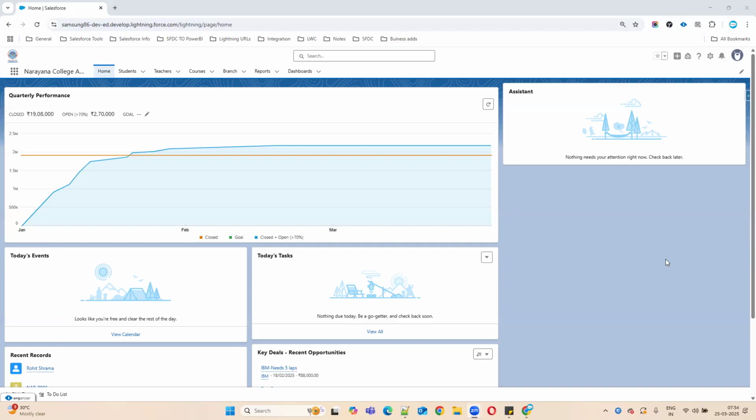Manual sharing means what? It allows the record owners, administrators, or users with full access to share individual records. Apex sharing means code. It's like sharing records dynamically through code. Correct. Yes.